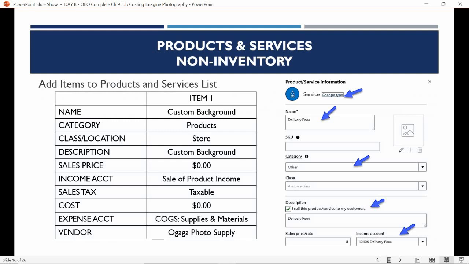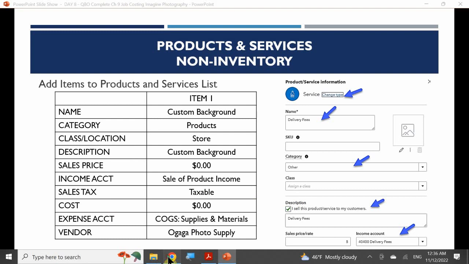So this is going to be an actual non-inventory item, because this one, once again, is something that we don't sell often. However, you do need to make sure that you have a vendor that's associated to this item here. So down below, I'll show you exactly what I mean. So let's go ahead and create this